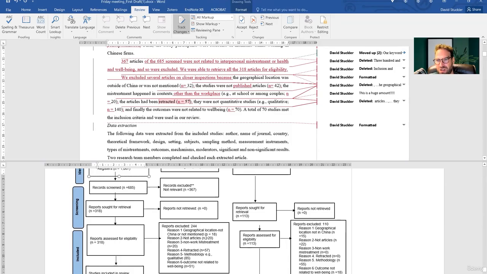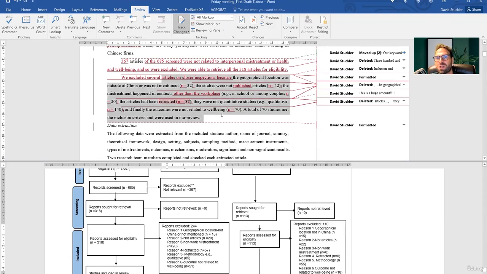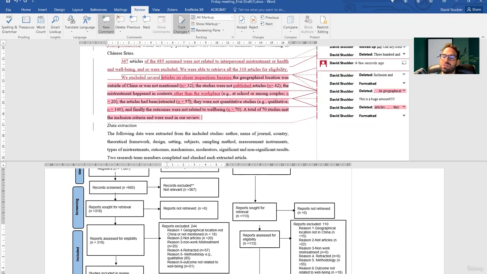So let's just see, I'm checking again if your numbers add up. Not published articles, you see here, you say 42 and here you have 20. So I don't know which is correct. Here you say outcomes not related to well-being, 51, and here you say 70. So yeah, Cynthia, you really gotta check this.